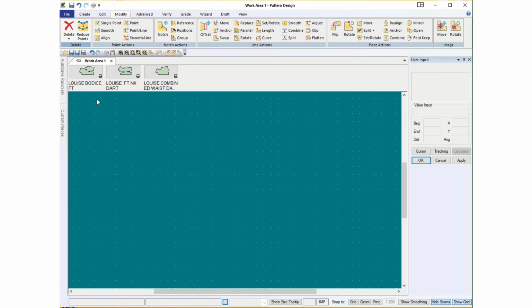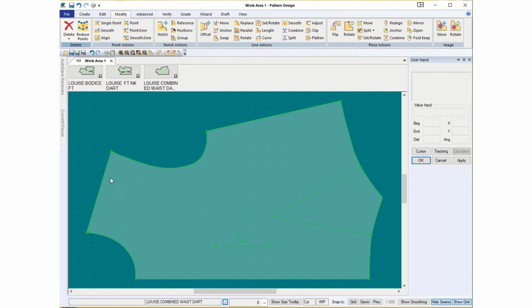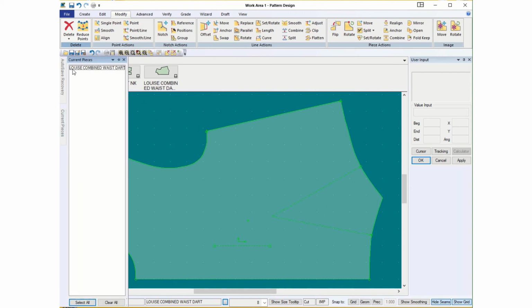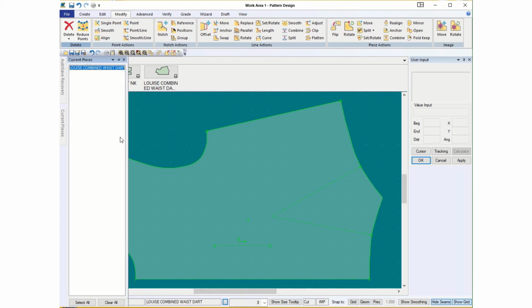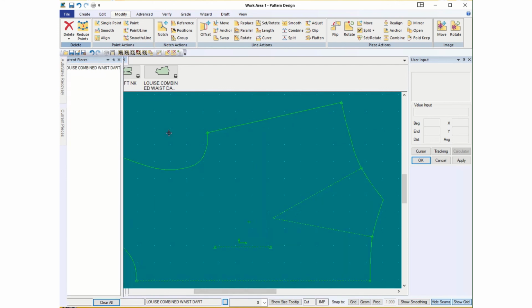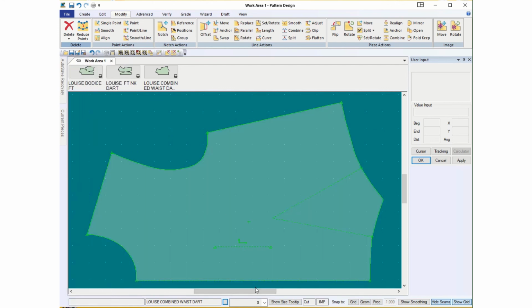I don't have any pieces on the menu, so I'm going to bring this one back down. So my current pieces, it says that that's what it is. So if I had multiple pieces on the table and I needed to isolate one, I could turn that on and choose, and it would automatically always choose the one that was isolated. And then I would say clear all. Okay. So make sure all of those are saved. They should be where you have your